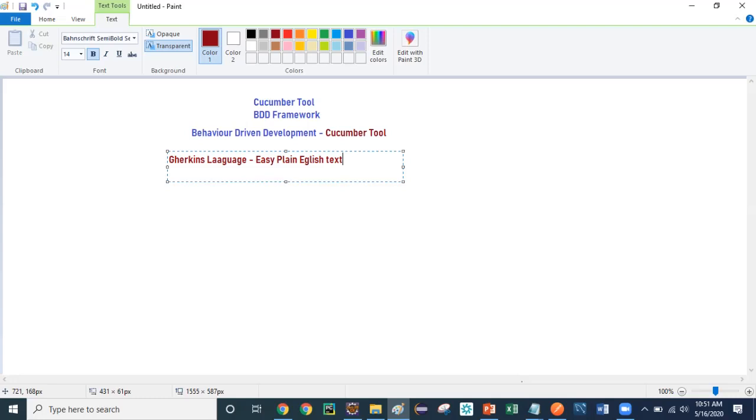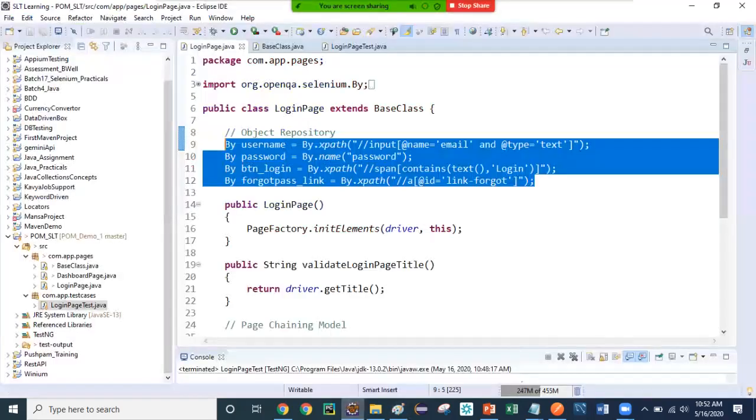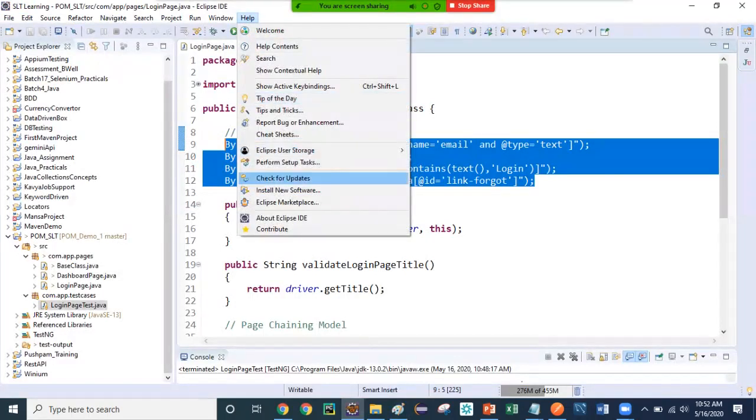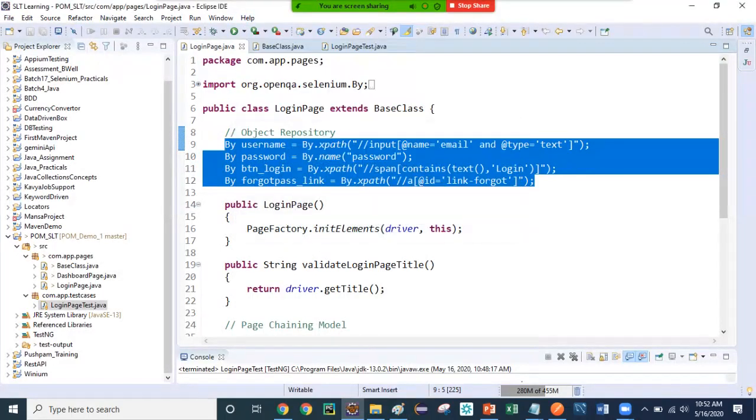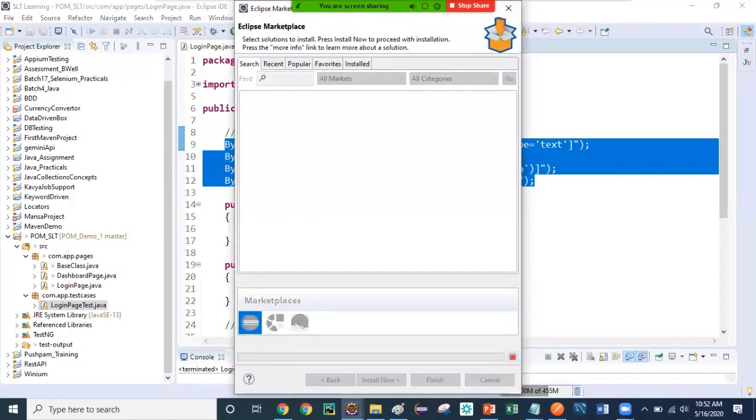Now, how to install the Gherkin plugin and all those things, I have one video on that. You can just refer to that video, but I will show you quickly. You can just go to Help, then Marketplace, and you can search over here for Cucumber, right? And once you search for Cucumber, it will show you the option for the Gherkin language. You can just simply, like Maven, go and install it. I think it's taking too much time, so let's skip that one.